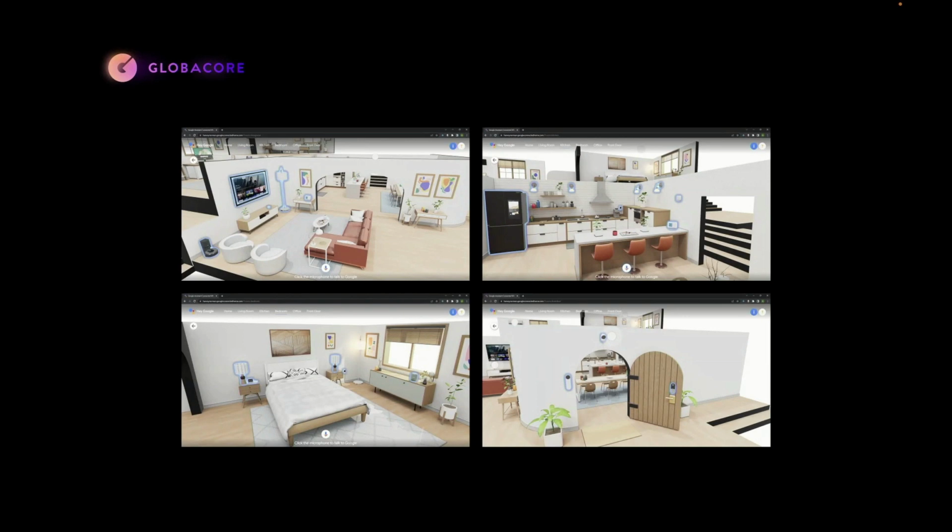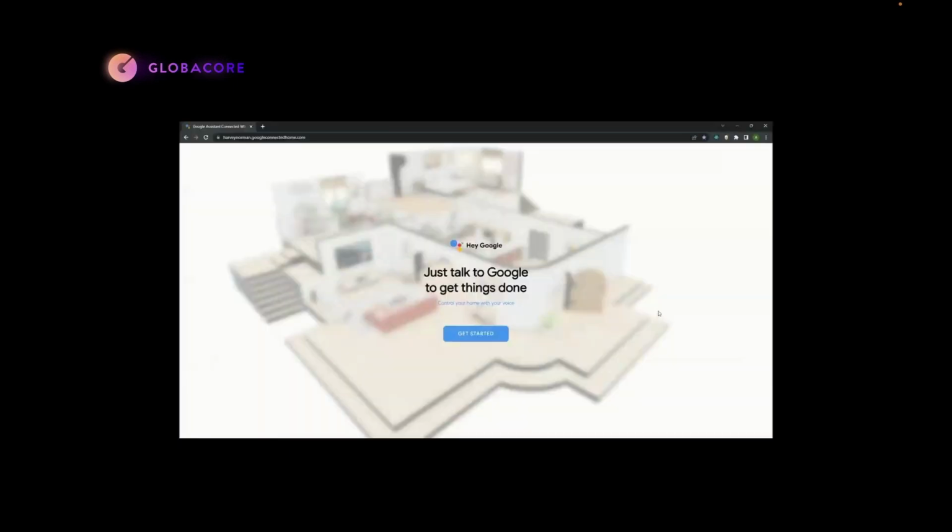And beside all of that, voice recognition and Google Assistant voice recognition had to be implemented, for which we used the same library. Most of that was taken care of by the Globacore team, John Bolton, who was collaborating with us on that speech recognition library from Google for activating the orders to the 3D elements on the screen. Here I'm going to present a video about the whole experience.